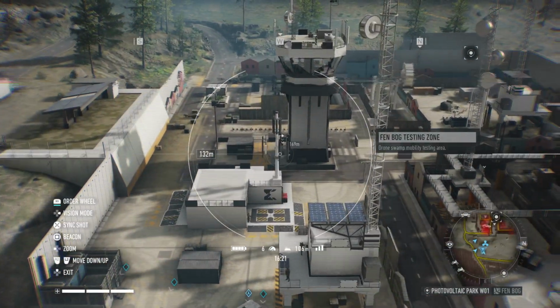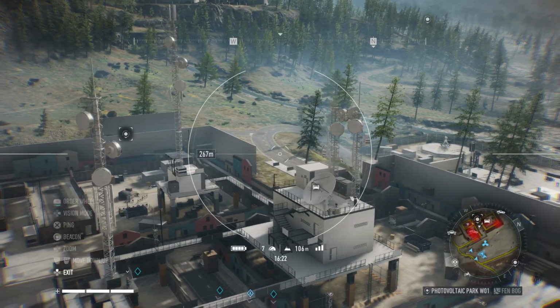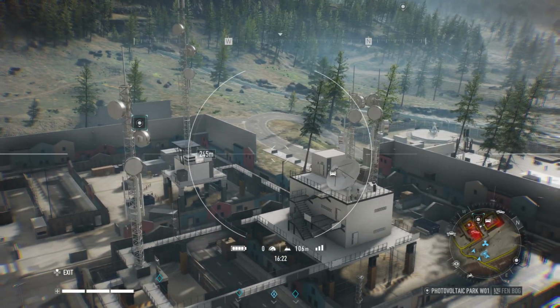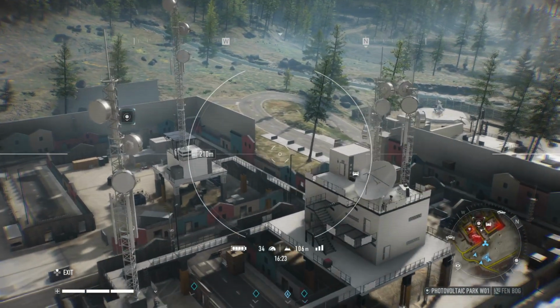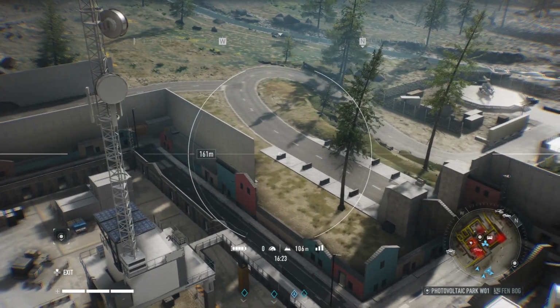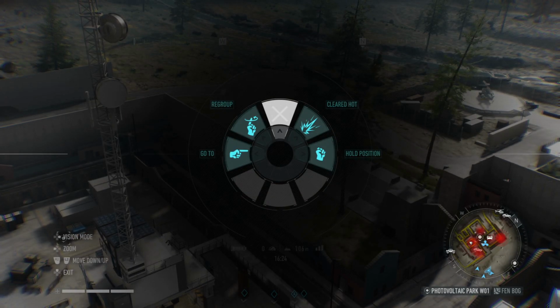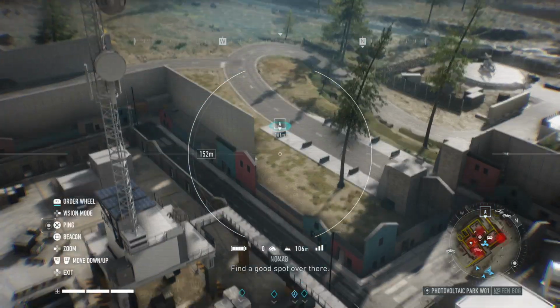Okay, so basically I'm going to get them to go over there. This is not the busiest base in the world. This is a very mid-range enemy level. So I want them to go over here. We'll put them there, and let's see if they are capable of maneuvering to there